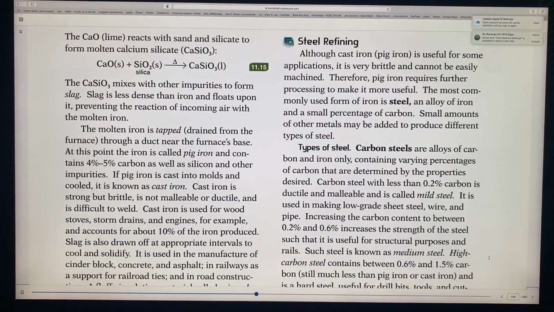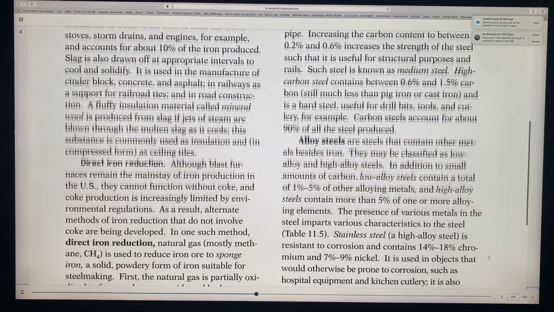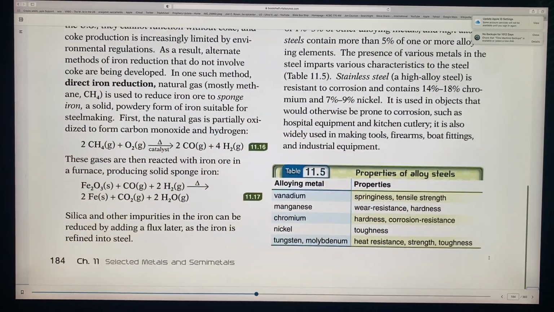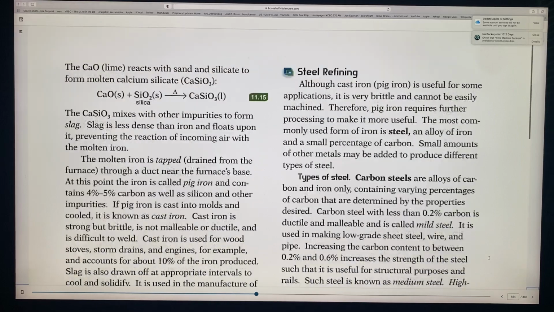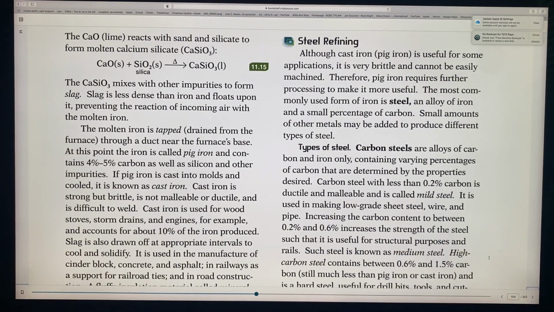So let's talk about steel refining now. We'll go over and I'll show you the picture. So steel refining,